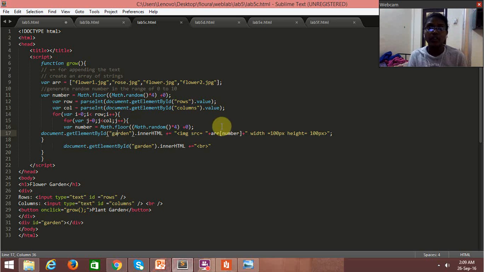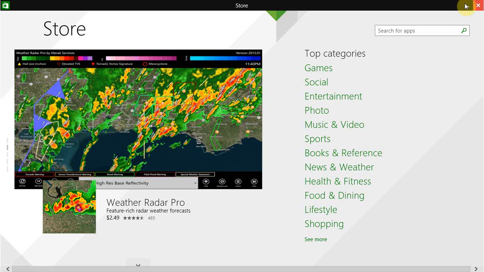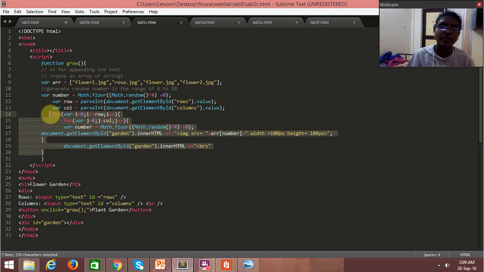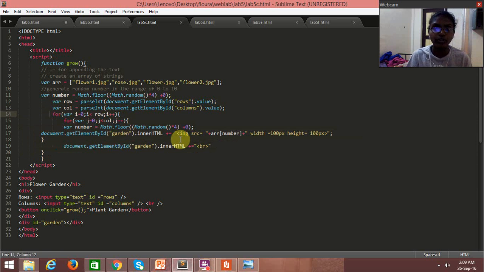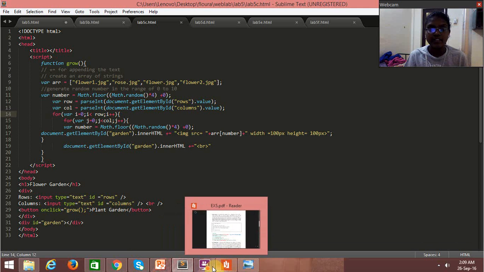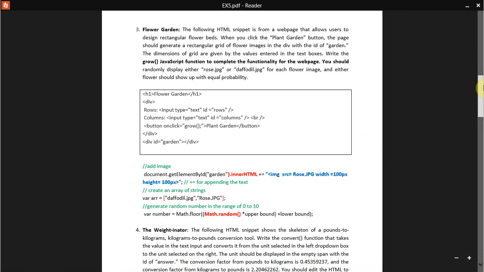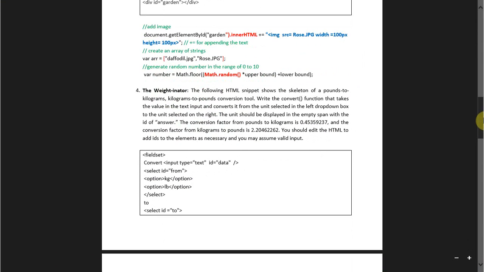Finding the row and column, with the help of that, it would assign and display using a simple for loop. Whenever we use a simple for loop, like in our programming language, we display it through a two-dimensional array.